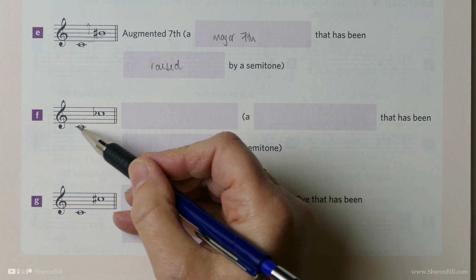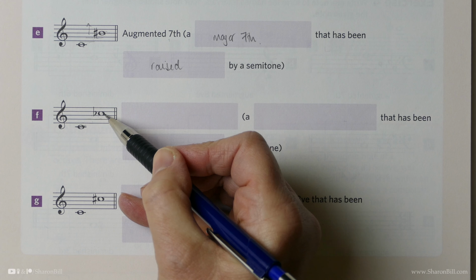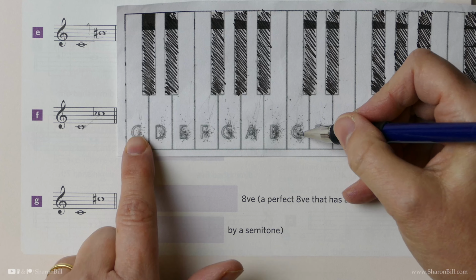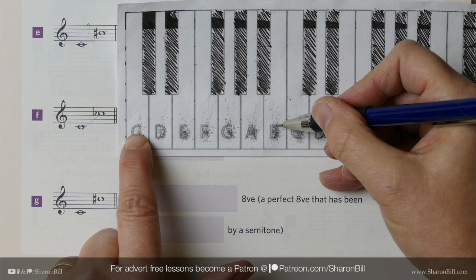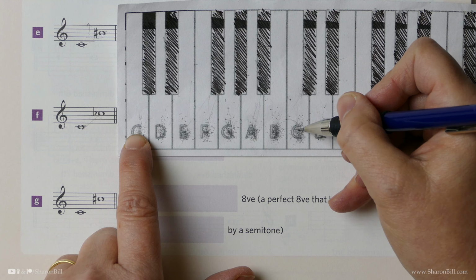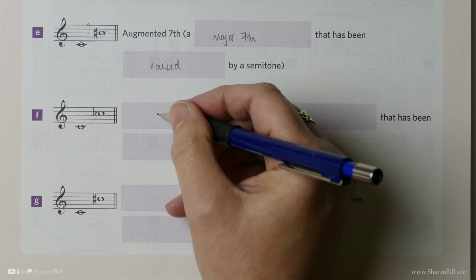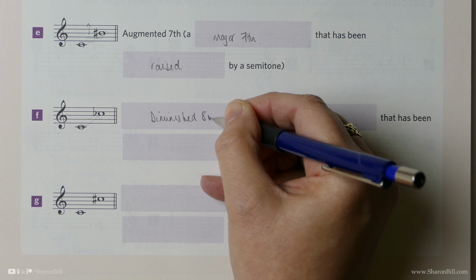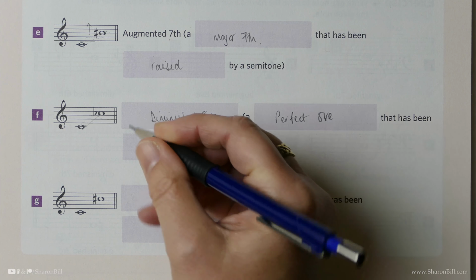Let's have a look at this next one. So we have C to C, which is 1, 2, 3, 4, 5, 6, 7, 8. Of course, it's an octave. We know that octaves are perfect. However, here we can see there's our perfect octave, but the C flat lowers the interval by a semitone. And so we've diminished that perfect interval. We don't have major or minor in octaves. We go from perfect to diminished. And so this is a diminished octave, which is a perfect octave that has been lowered